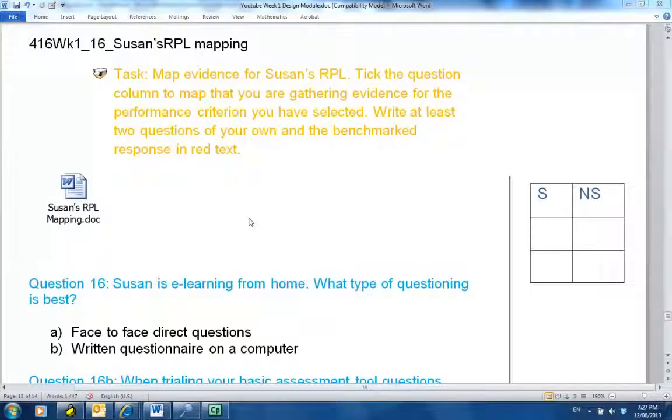Okay, it's time now to create a basic assessment tool, and you'll do that within this task. So this task is asking you to map evidence for Susan's recognised prior learning. Remember, Susan Jones is a qualified school teacher and she's currently working. So you're going to learn about mapping, and you're going to start to design some questions which will function as